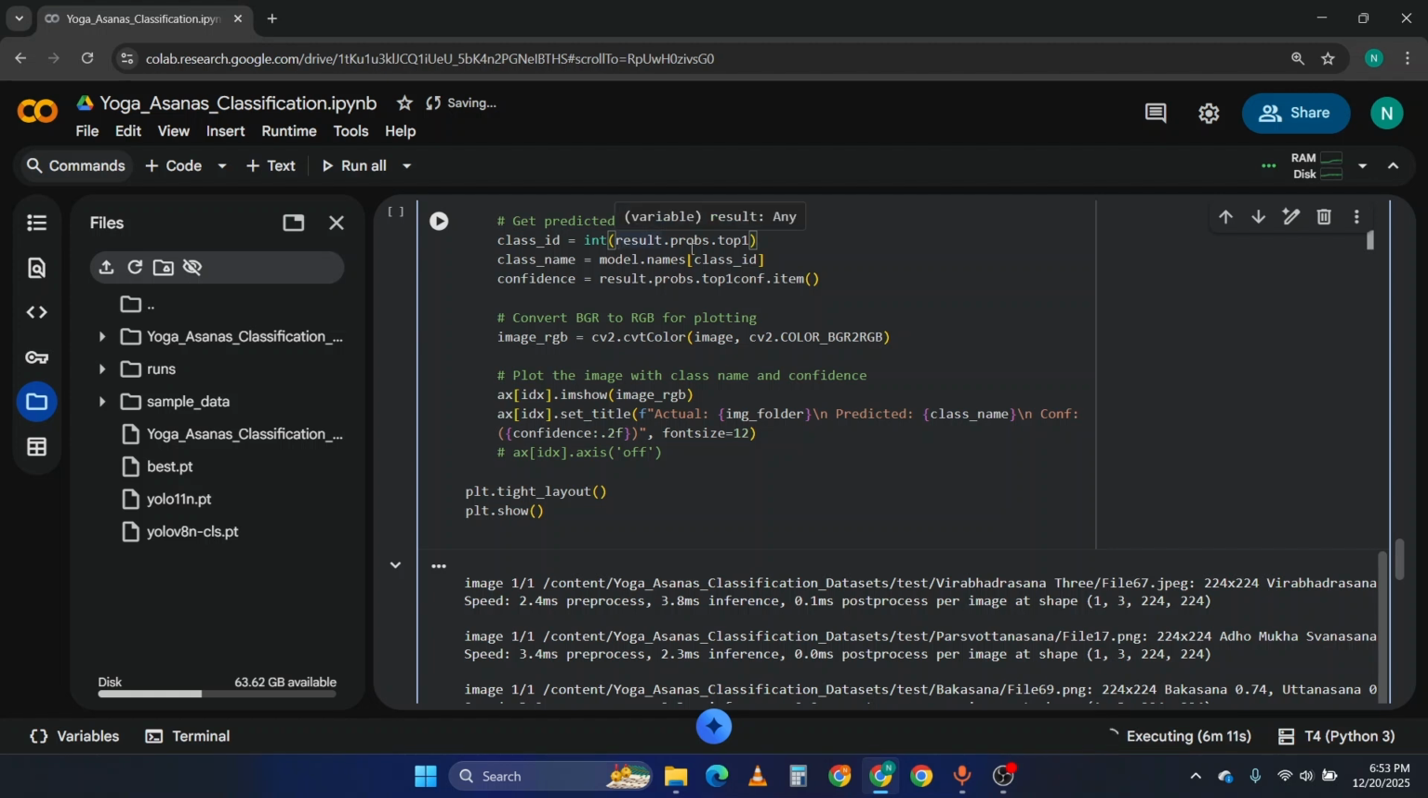After getting the class ID, just use model.names[class ID]. You will get the class name of that particular image, or you can say the prediction. Now after getting that, we also want the confidence, how confident the model is that a particular image belongs to that particular asana. For that, we have to use result.prop.top1conf.item, which gives me